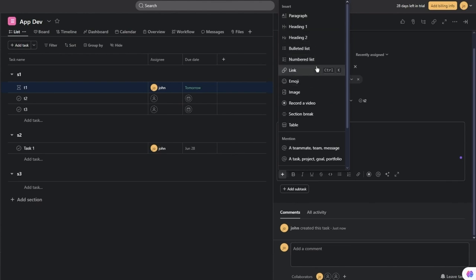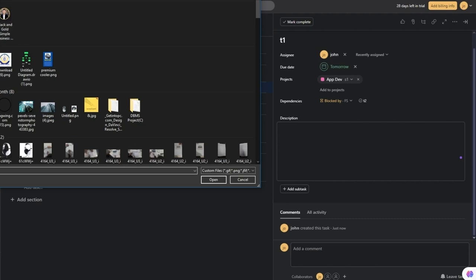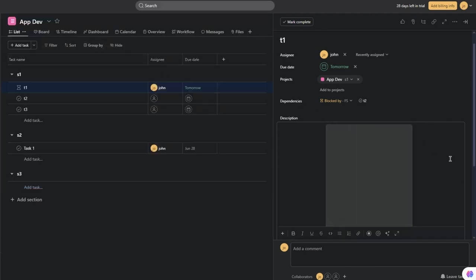And you can include different hyperlinks and emojis, etc. So I'm going to go over to images. You can add any image you want to. So let's say I want to add an image of this flowchart that I've created, and I want to give my workspace an idea on how I plan on running the workspace. Okay, so I'm going to open up the